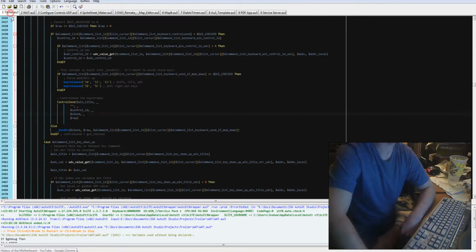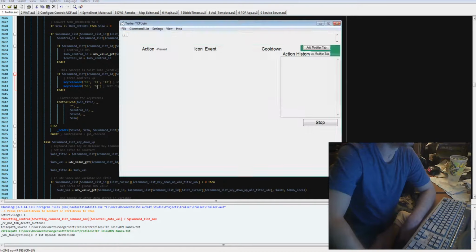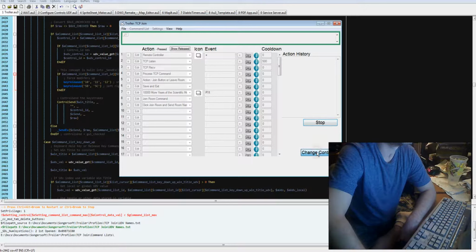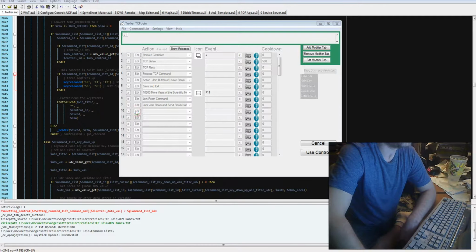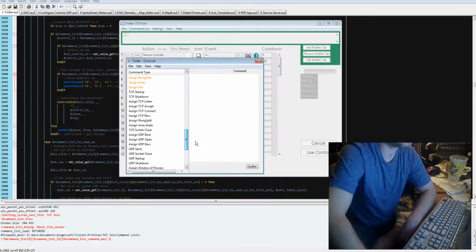Yeah, basically looks good. And I will demonstrate that they are there, if they're there. Just click a new command list here, say insert, drag. Here it is, assign desktop size,